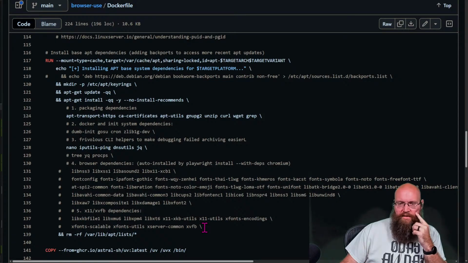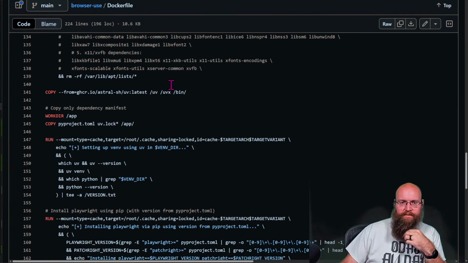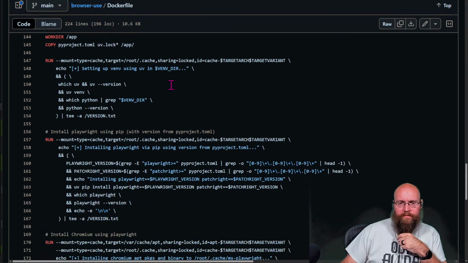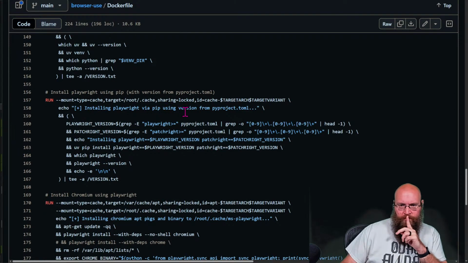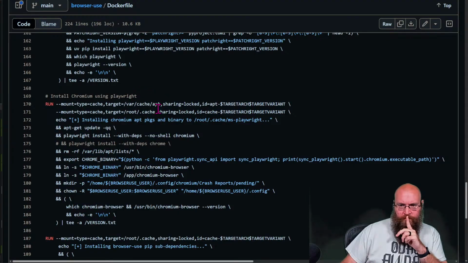See, it's a lot of this stuff in here that I feel like might be causing it to get jacked up. Maybe not, though. This is just installing our apt cache dependencies. Installing Chromium packages, binaries to Playwright. Okay.